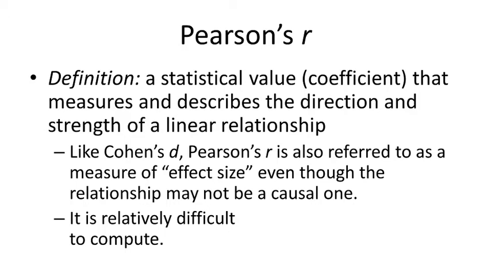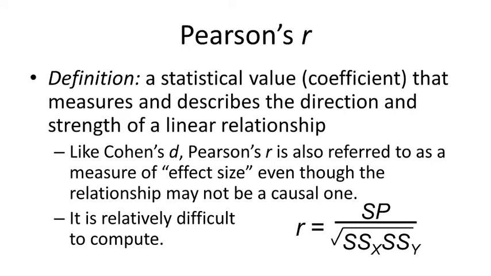The mathematical equation for Pearson's r is simply put right here, but these three different parts, the SP, the SSX, and the SSY, are all individually rather complicated to compute. You could do it by hand, sure. It's just there's tons of room for error and it's very time consuming. So typically we don't compute Pearson's r by hand. But just to let you know how we do that, I'd like to mention the steps that are involved.